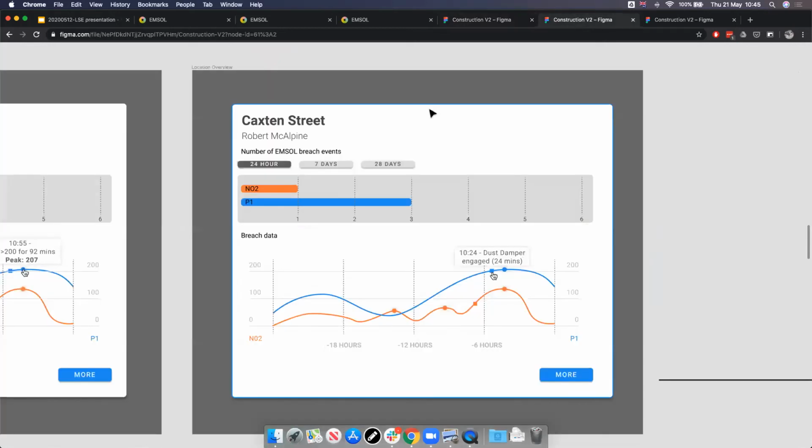Okay, the next kind of view is this one. So this is about allowing organisations to really investigate and drill down into the data and see what was the cause of it. So this is a chart of the air quality data, and then on the graph we want to plot different events that are happening during that period of time. So there might be a delivery that happened that we can put on the graph.